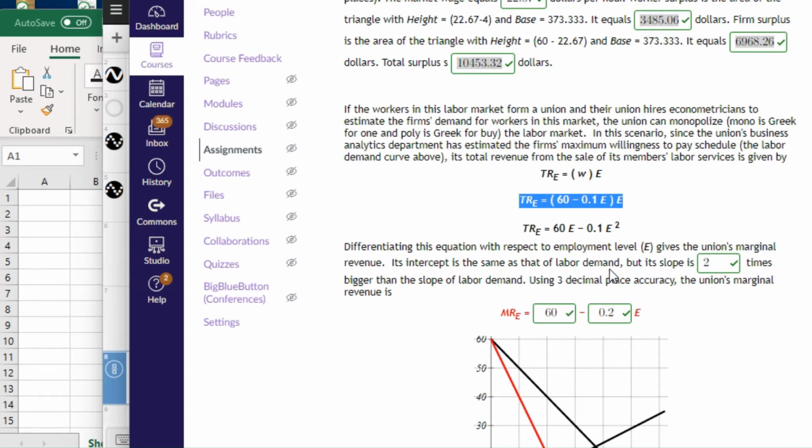We're going to pull out a little calculus here. So when we differentiate this with respect to E, I'm going to do a little calculus here. You want to do this for the test. But if we differentiate with respect to E,